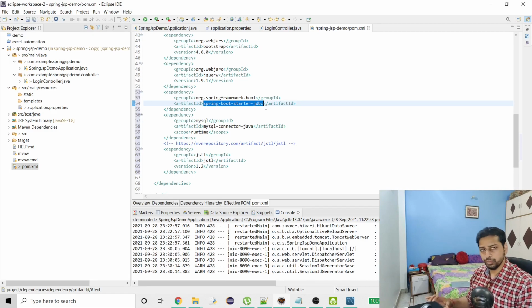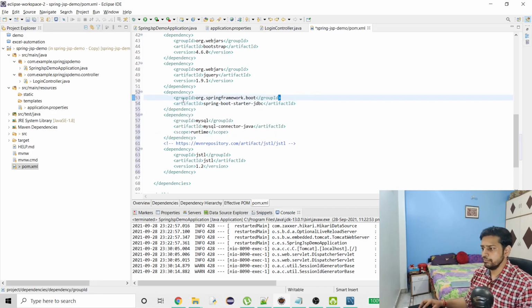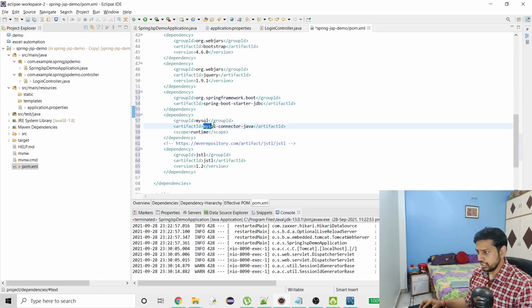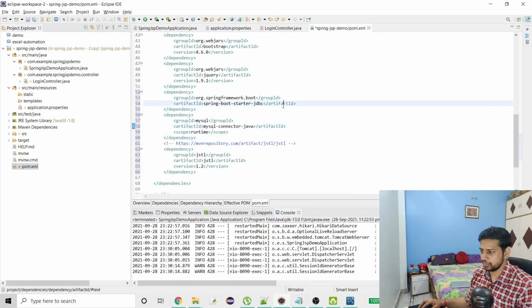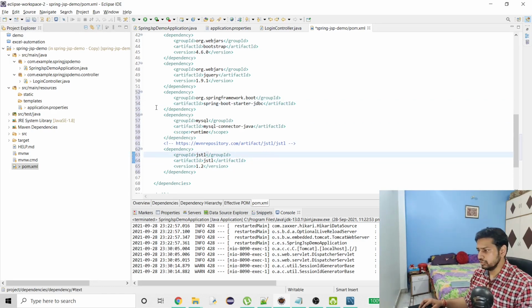So Spring Boot provides us this, and this is similar to JDBC template if some of you have used it. Otherwise we can use JPA also instead of JDBC. Again we need MySQL connector Java, and this is for MySQL and Java. This is nowhere related to Spring or Spring Boot. Then we need JSTL for again JSPs. So these are the 3 dependencies which we had to use.